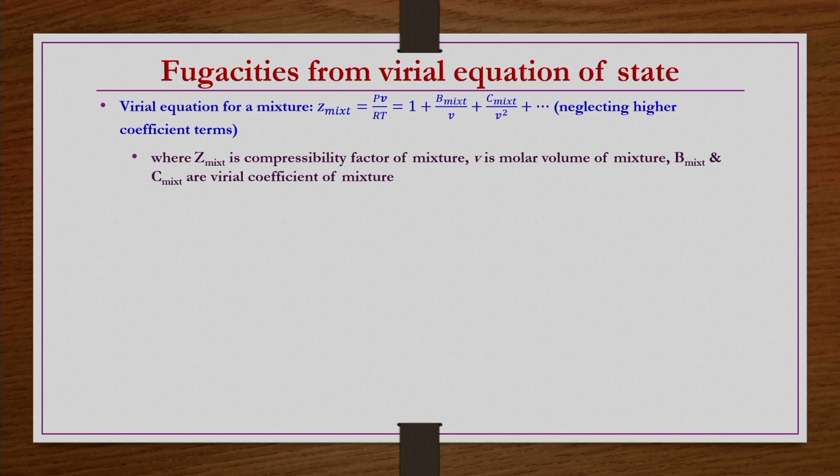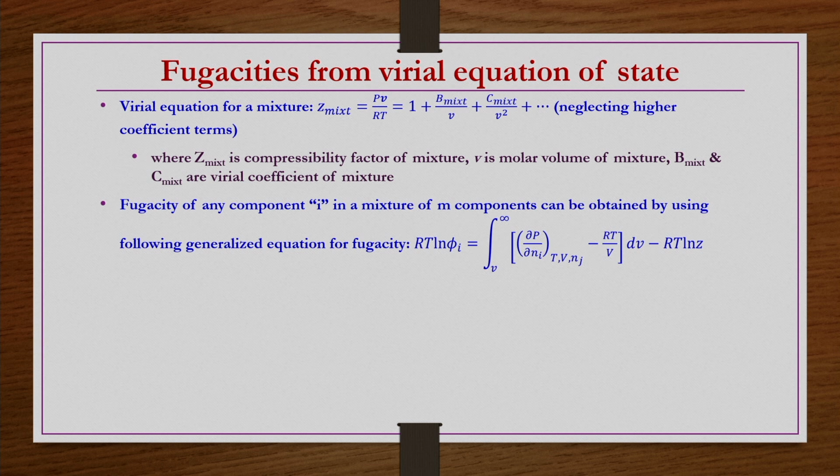Also, we have very little data for pure gases, and for mixtures even less information is available. That is the reason we are taking only up to C, that is the third virial coefficient. Now, here, this equation, what we have to do,